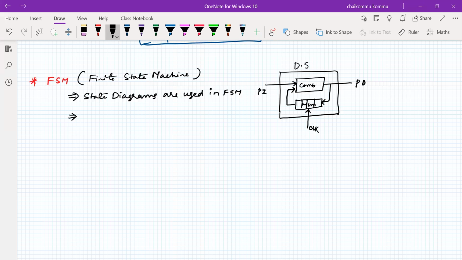If the content can be changed by applying an input, we can say that the system changes its state. Therefore, depending upon the number of inputs, a finite number of states is sufficient to identify the system operation. This finite state machine can be classified into two types. One is called Mealy FSM.